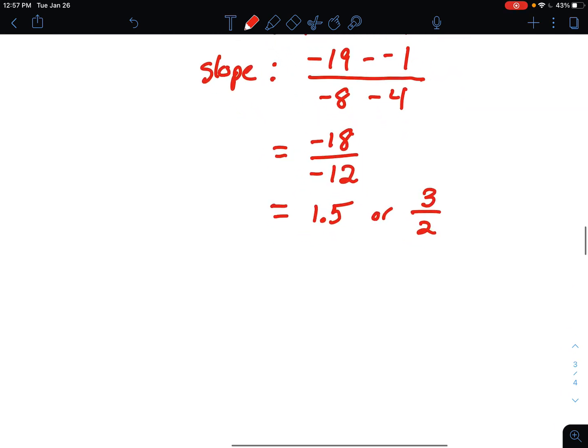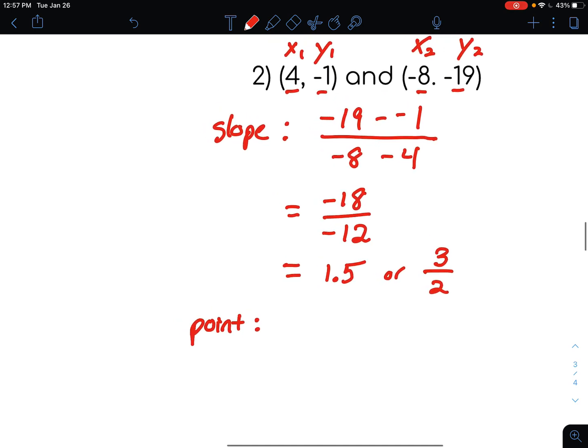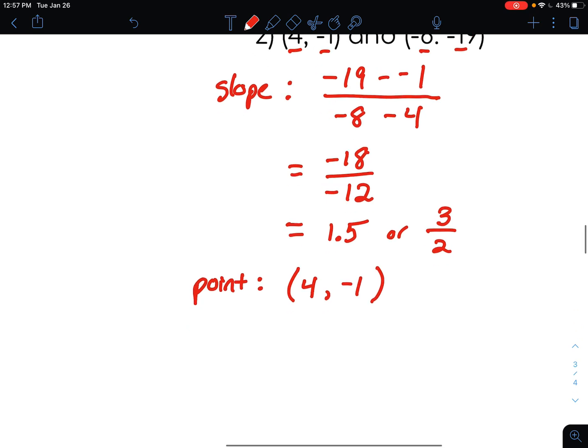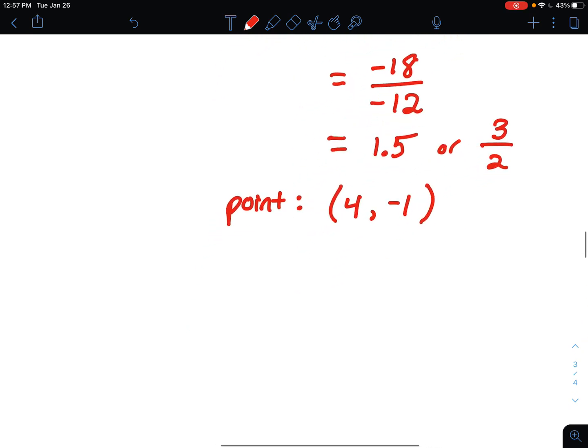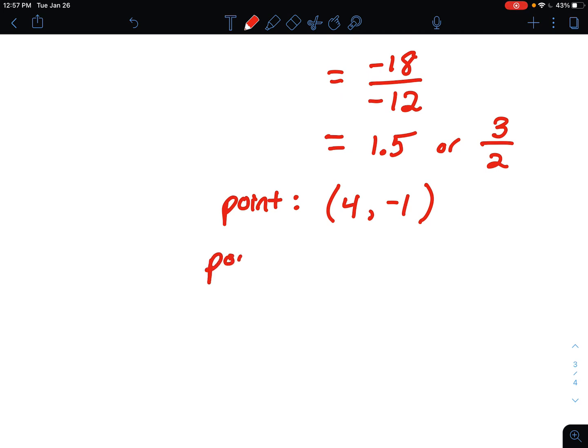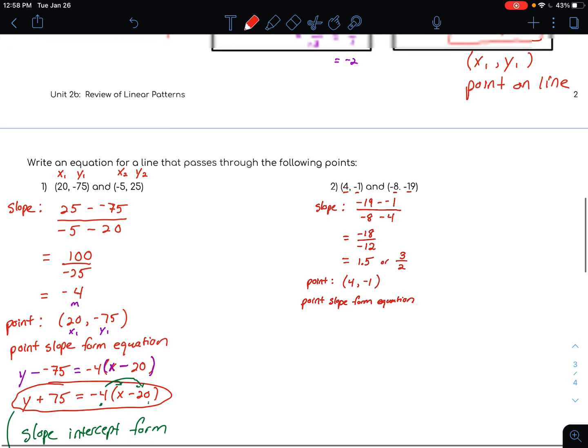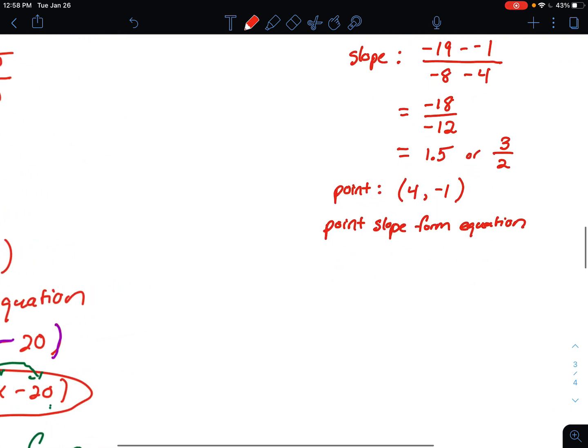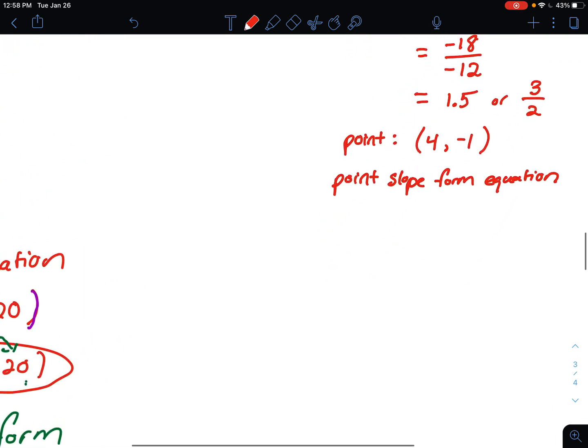Okay? And then we're going to take one of the points that is on the line. All right, so let's just say we take our first point. You could choose either one of the 2 points, but I'm going to take my first point. And now I'm going to write that point slope form equation. I'm going to end up writing pretty small when I zoom in, isn't it? All right, so point slope form equation